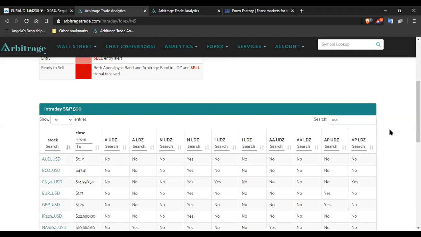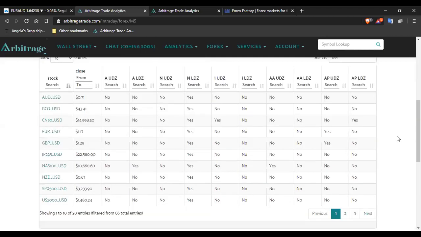USD pairs. Let me get my notebook real quick. Okay. Ooh, green Sharpie pen. All right, so we have